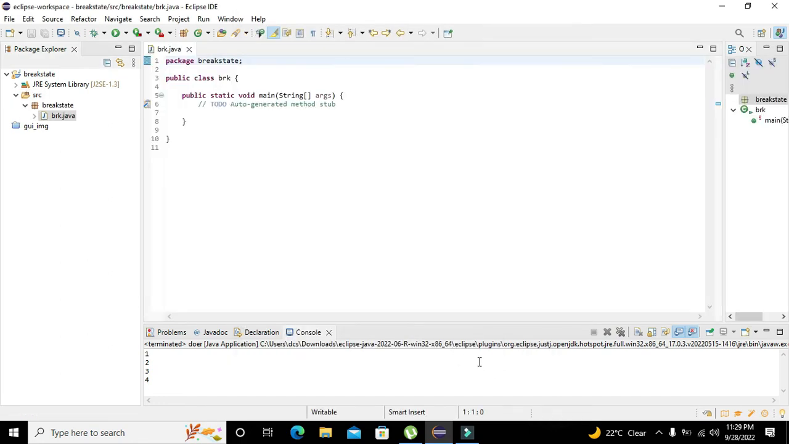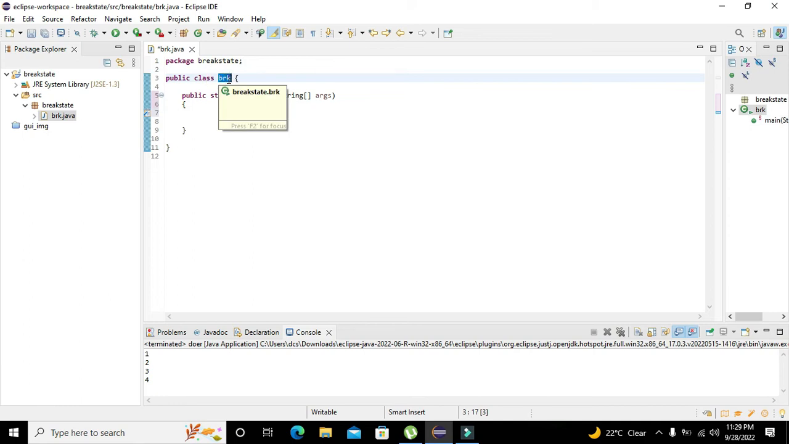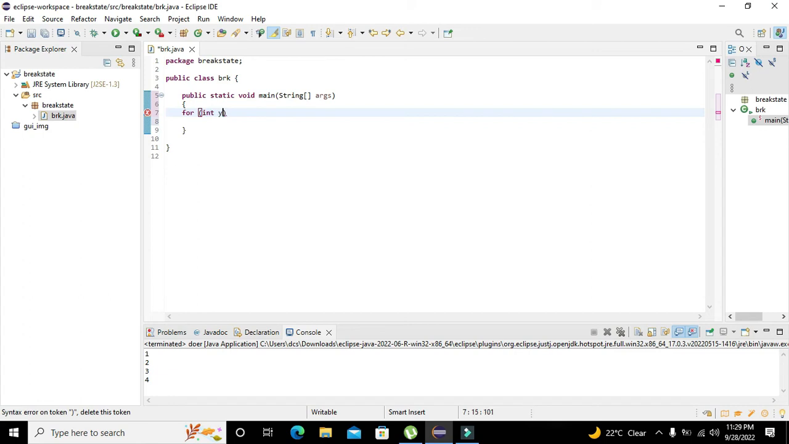We can see that on the top we have the name of the project. Second is the public class, which we have named brk, and one void main function. So now we will try to implement our break statement here. We will implement a for loop. So we will write for int y is equal to 0, y is less than 10, and y plus plus. I hope that you know about the syntax of for loop, but if not, you can